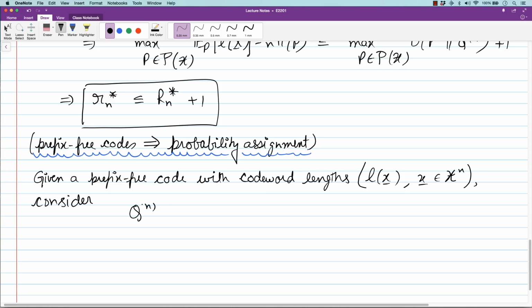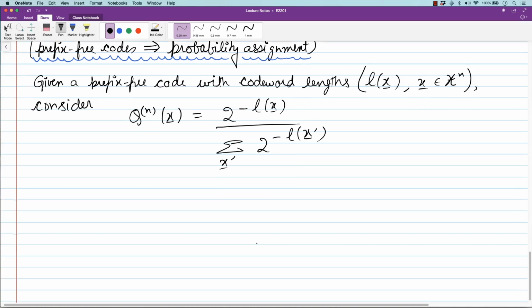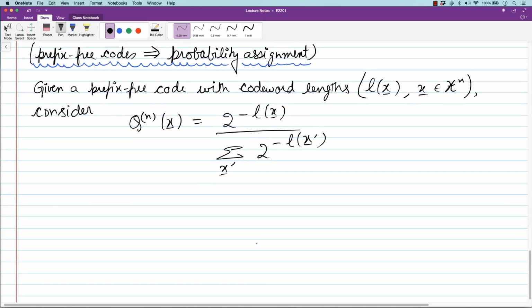So I'll define Qn of x as 2 to the power minus Lx divided by the summation over all the sequences of 2 to the power minus Lx. Okay, that's some distribution that I've defined. It's a valid distribution because when you sum over x, it sums to 1. So if you look at this distribution,